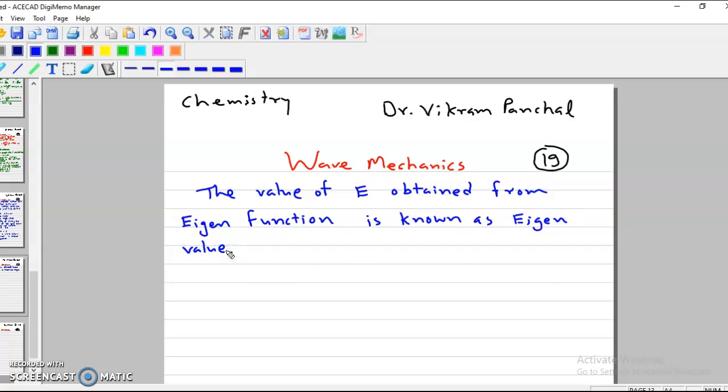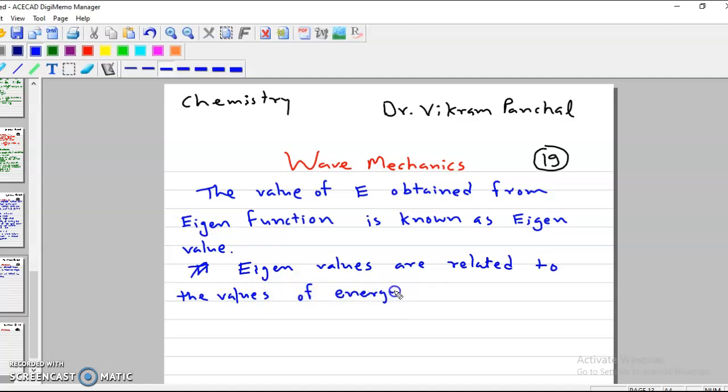So eigenvalues are related to the values of energy level of Bohr's atomic structure. See, the eigenvalues are related to the values of energy level of Bohr's